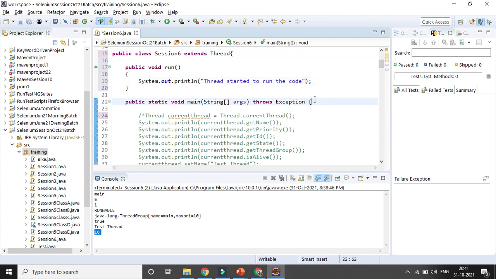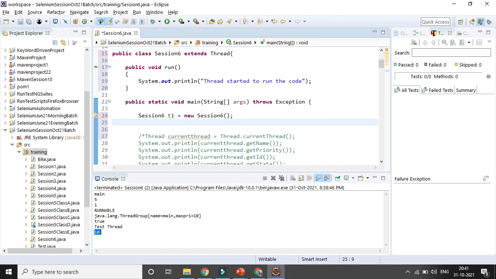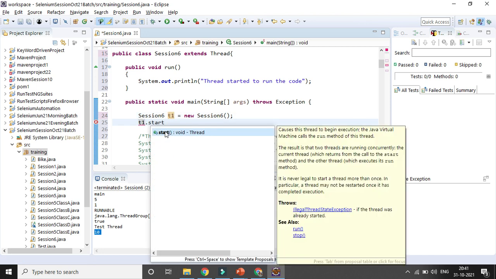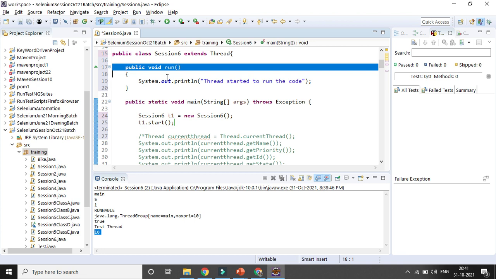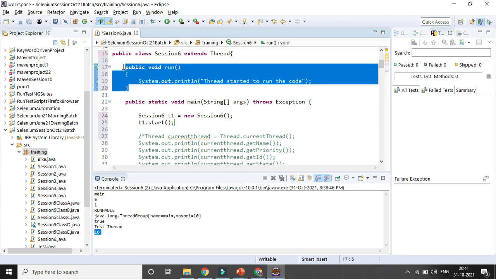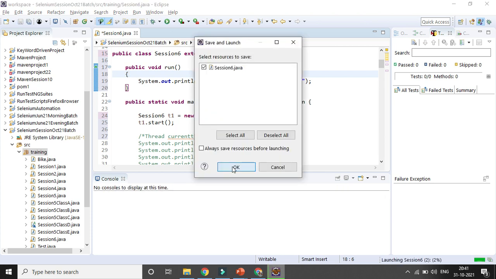After that I can call that with the help of the start method. Okay. So here that is the difference, right. We are calling the start method, but your run method will be called here. So that is the difference in the thread. It is a default thing from Java. I am not writing it here by myself. So that is the concept of thread. If you run it, you could see the run method it will call. Output will be coming. You can see thread started to run, right. Now once the thread is started, if you want to start it again, it will not be allowed.